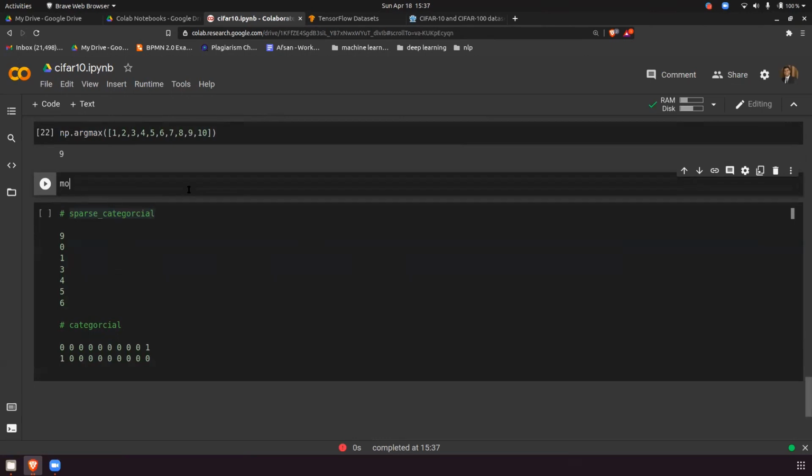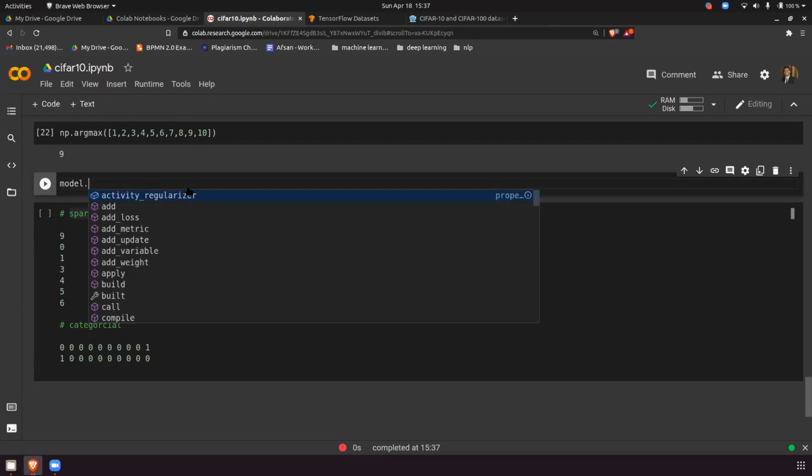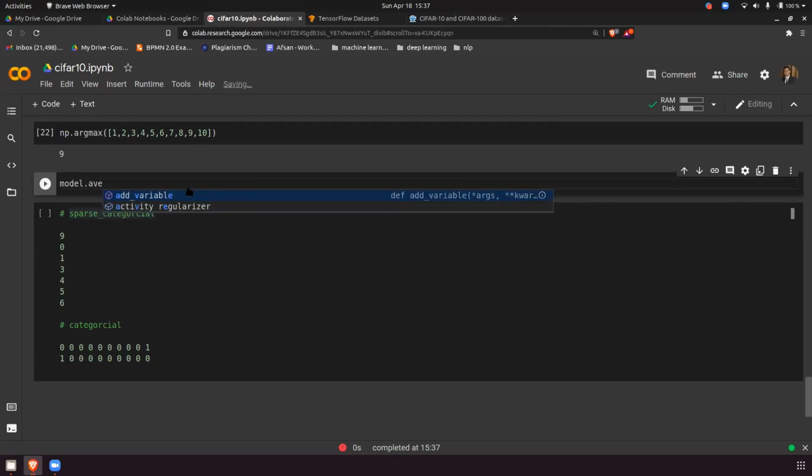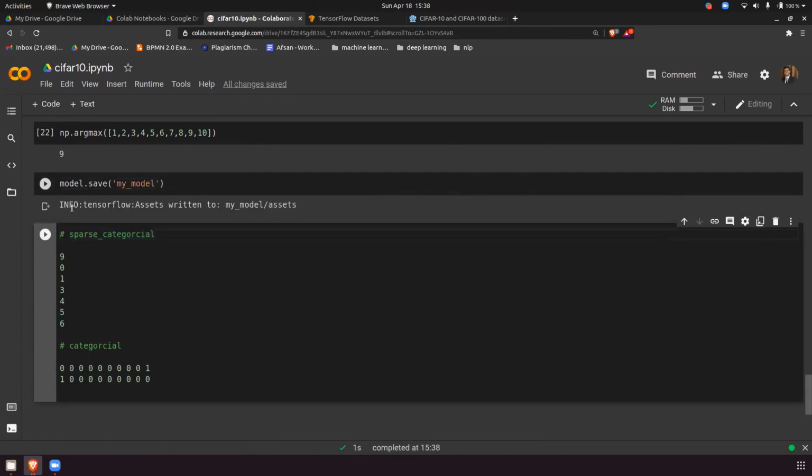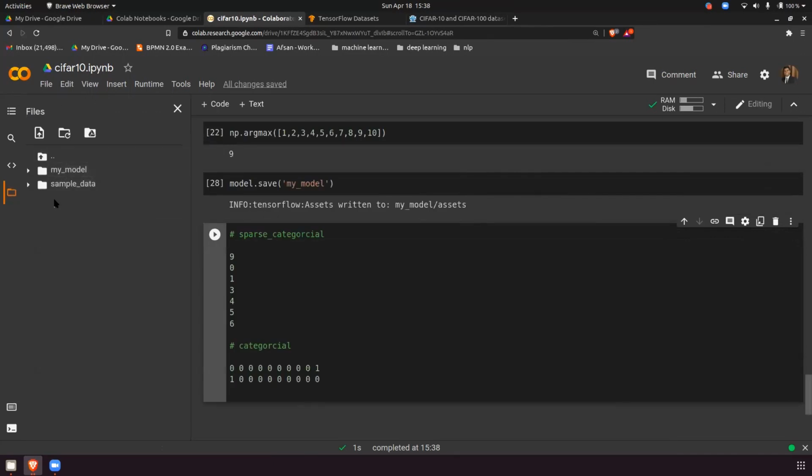You just do model.save, and inside this put a model name, my_model, and run this. Once you do this, the model is saved into my model assets. If you expand this, you see my_model is created, and assets, variables, and all the files are there.